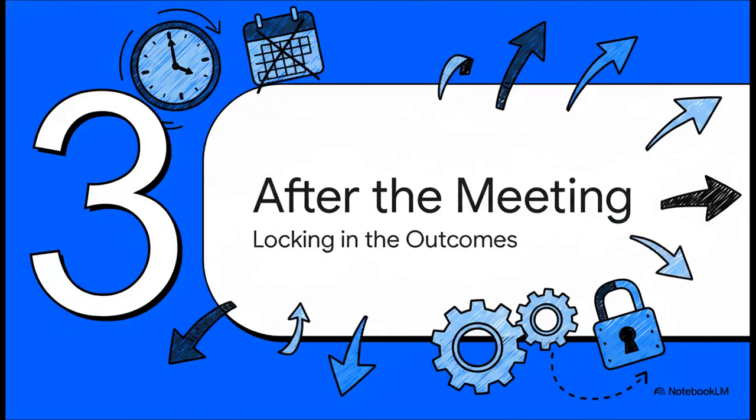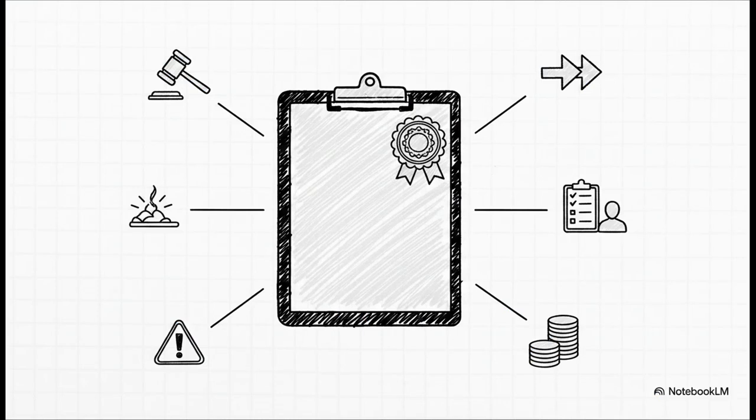Okay, the meeting's over, but we are not done yet, not even close. Welcome to part 3, after the meeting. This is where most meetings totally fall apart, but this framework makes sure you lock in every single outcome. So the minutes you send out aren't just some casual summary. They're governance grade. What does that mean? It means they are an official, auditable record. They have to clearly document every decision made, every risk identified, any budget impacts, and every single task assignment. This document becomes the one single source of truth, which kills all those "oh, I thought you meant" conversations later.